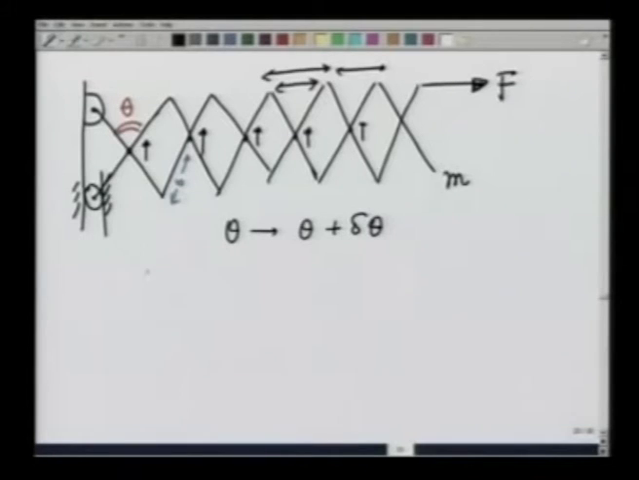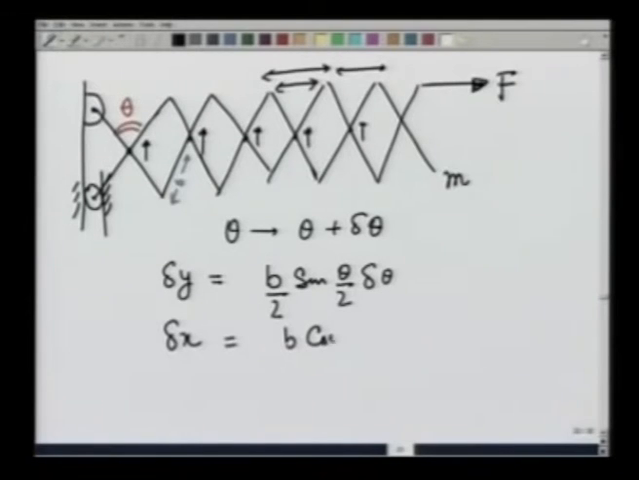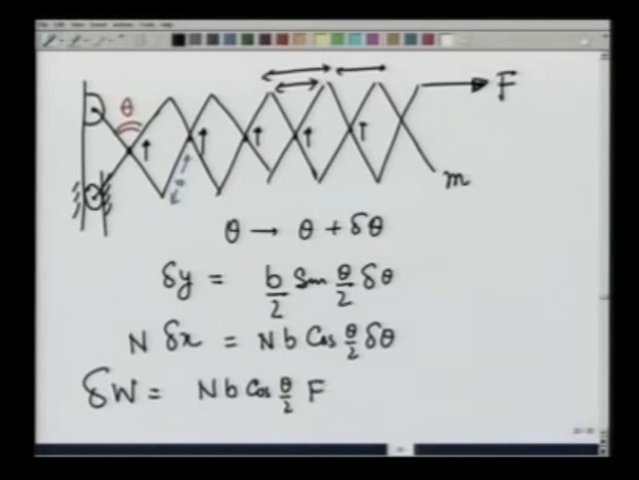We have already calculated that delta y for each point is equal to b sine of theta by 2 delta theta, b divided by 2, and delta x for each of this gap opens up by b cosine of theta by 2 delta theta. So, if there are n such links, delta x for n is going to be n times as much, n times b. Delta y for each joint is going to remain the same. So, virtual work done is going to be n b cosine of theta by 2 times F delta theta